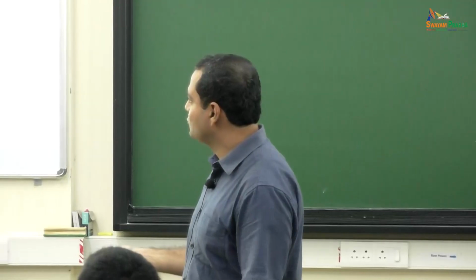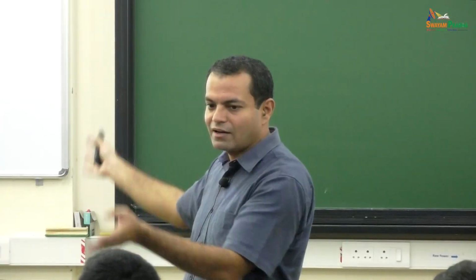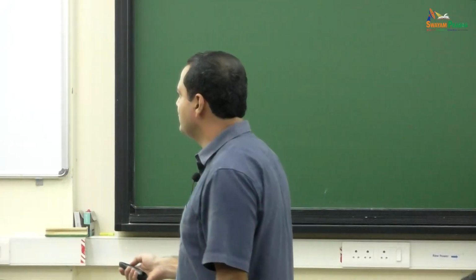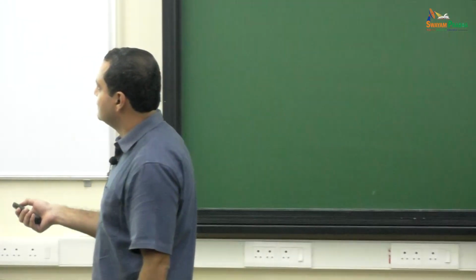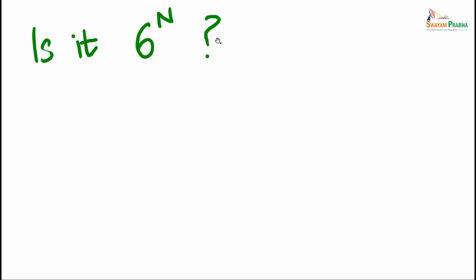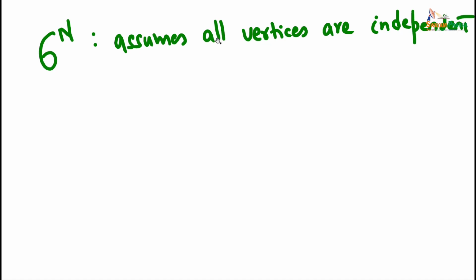How many ways you can arrange them? All, if there are n of them. Okay, let me ask, is it 6 raised to power n? Why is it 6 power n? Right, I get it. So 6 to the power n, as you said, is very close to the answer, but it assumes all the vertices are independent. Take one molecule, but remember the IPL team story, you change one, the other thing changes. So it's not 6 to the power n. 6 to the power n assumes all independent.